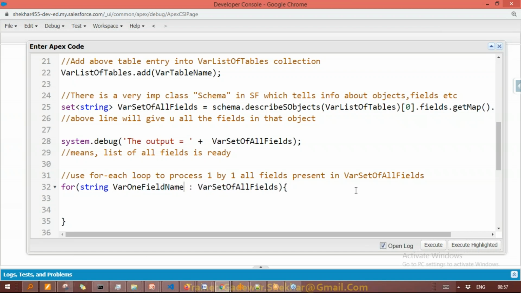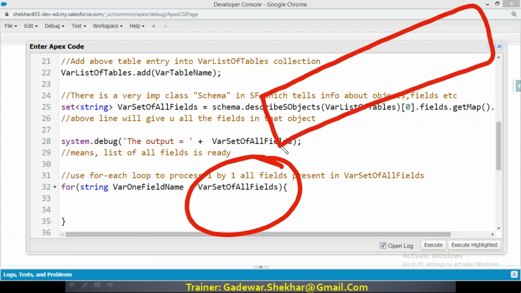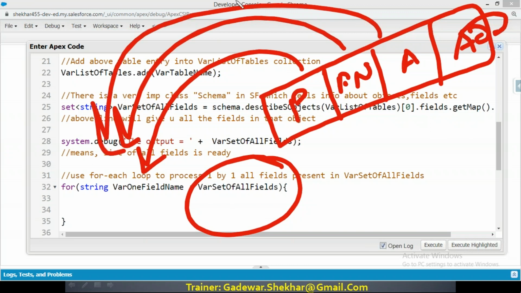Because you also know this now represents a collection where we have, let's say, price, first name, age, address. Like this we have all the fields ready now. So take one field, come here, take one field, come here, and like this we can process.